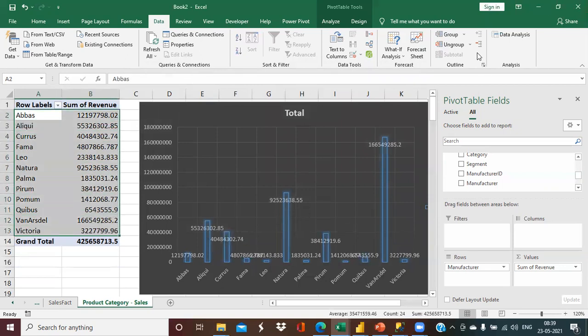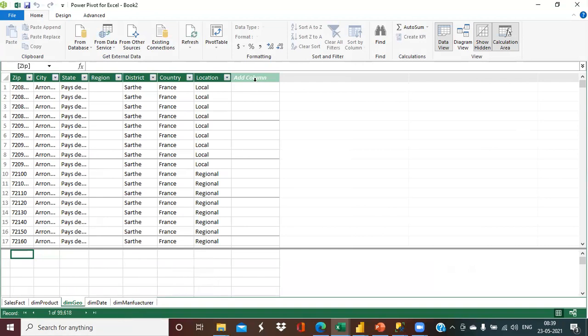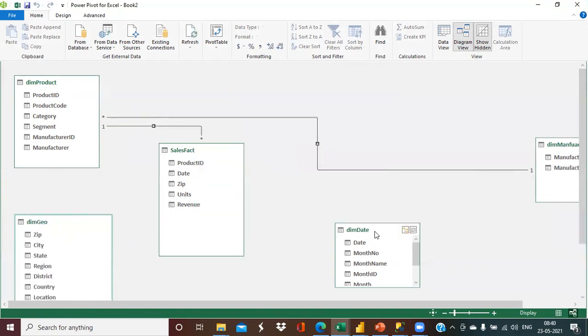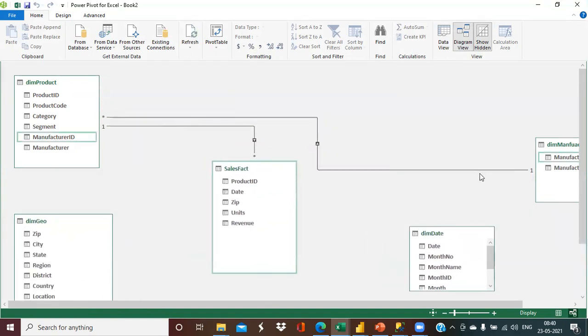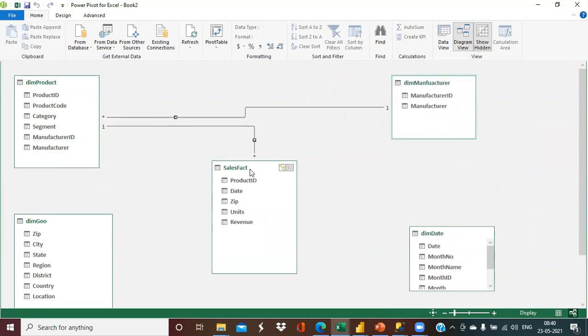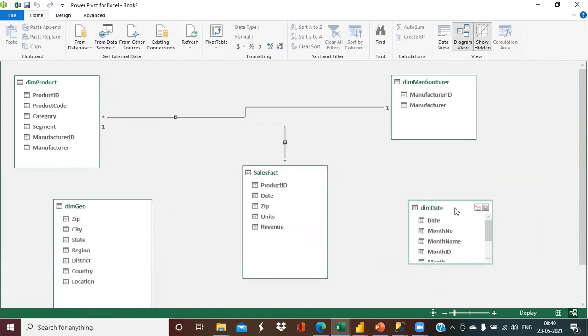Okay, let's jump into the diagram and understand it in a deeper way. If we go to Power Pivot, open up the relationship window and click on diagram view to understand in a very simple way, first of all I'll keep the geo table and the dim date table side by side for right now, and I'll put this manufacturer table here. Now let's understand better what exactly is happening here.